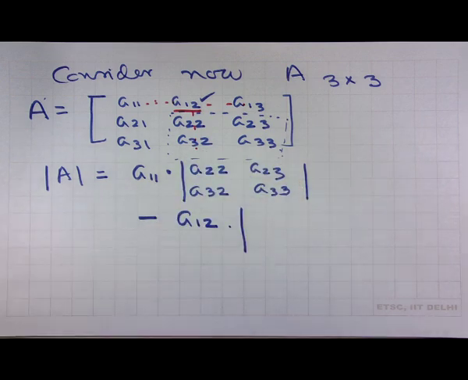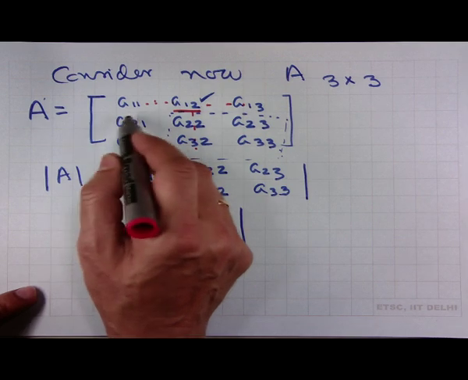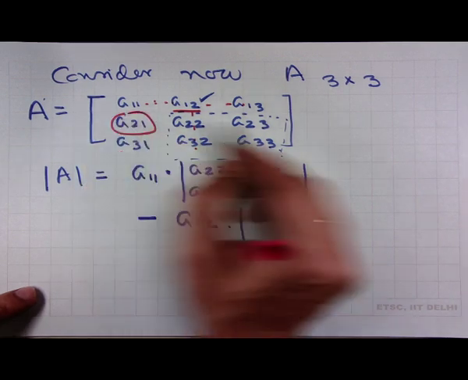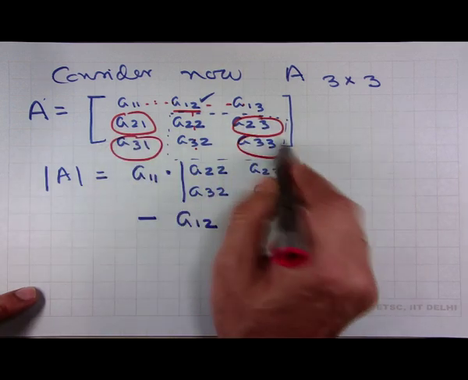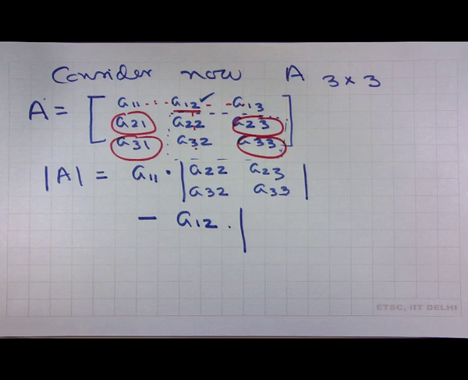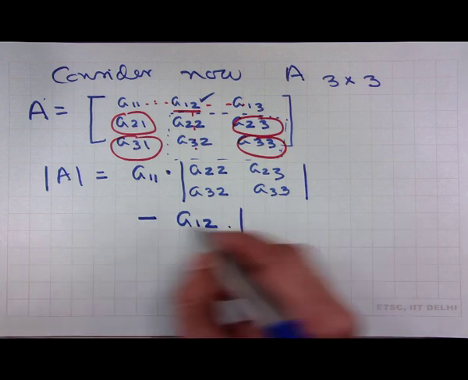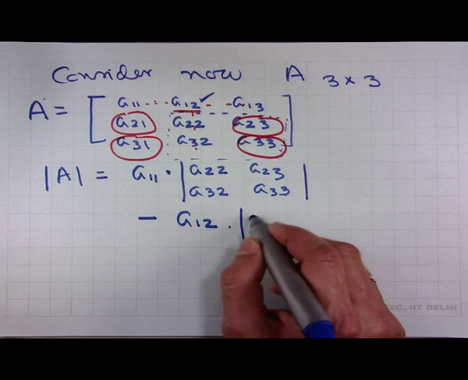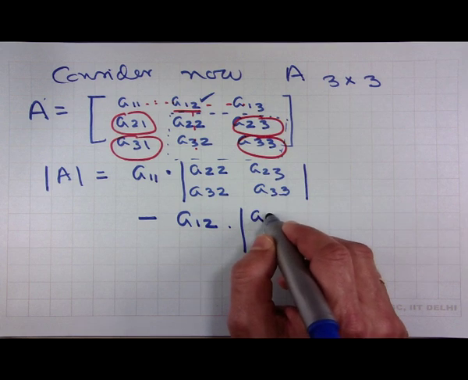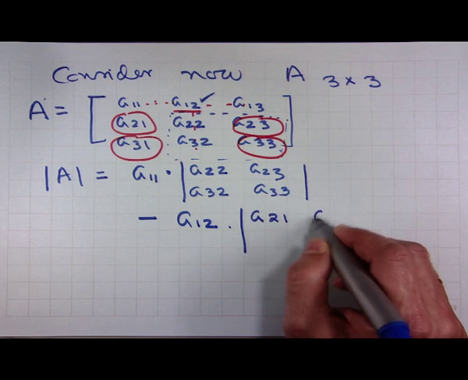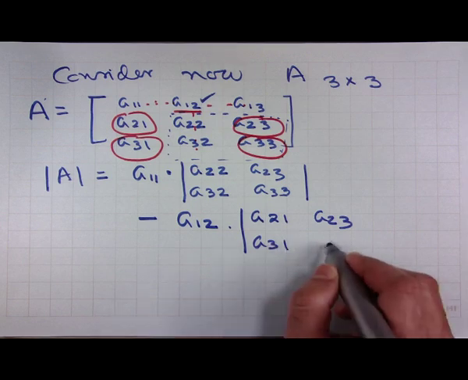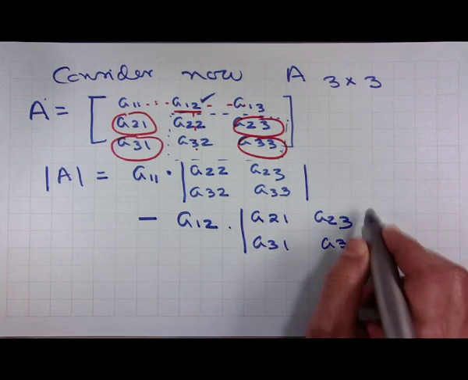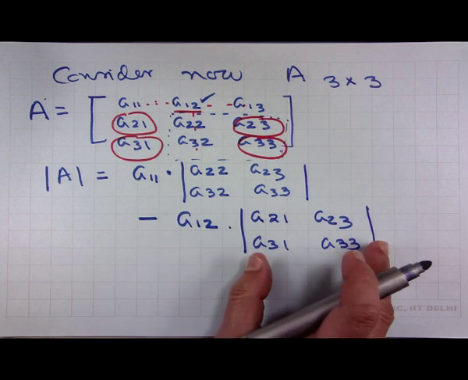So, what is remaining is this submatrix A21, A23, A31 and A33, and therefore, minus A12 will be multiplied by the determinant of the submatrix A21, A23, A31, A33,